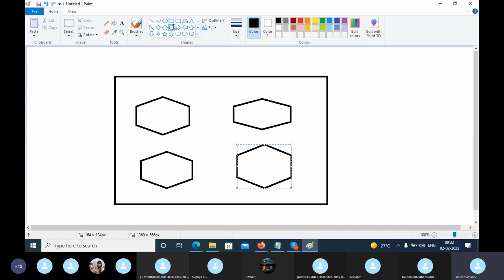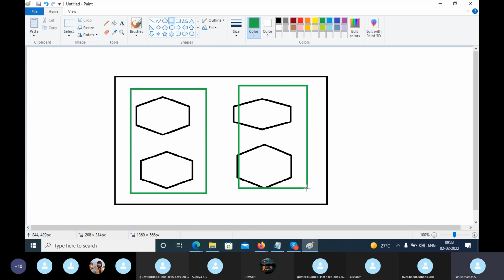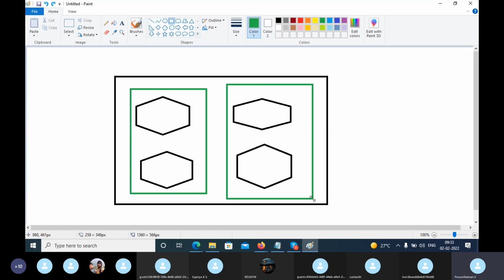You are grouping your departments like this: HR and finance as one group, and software and purchase as another. Likewise, you are grouping.